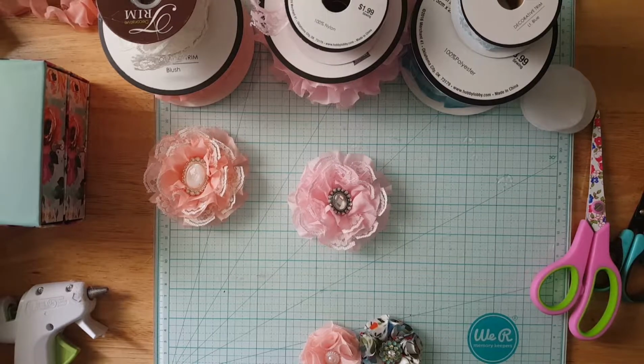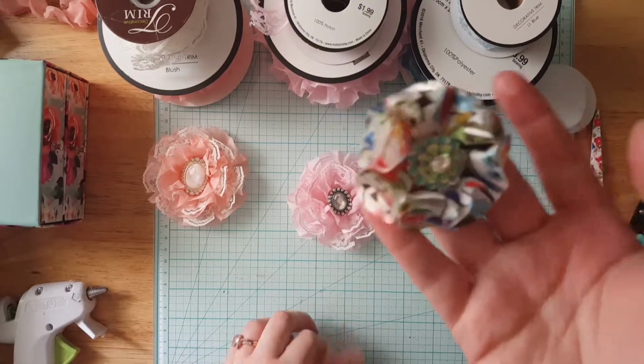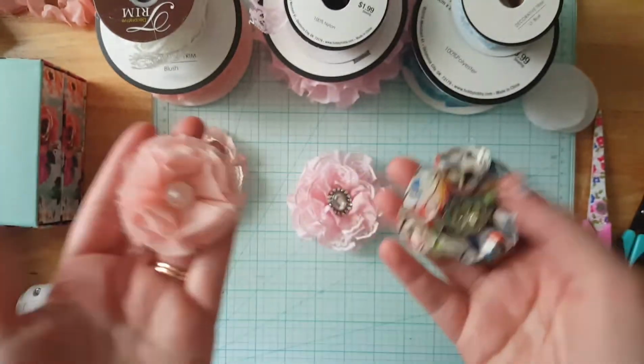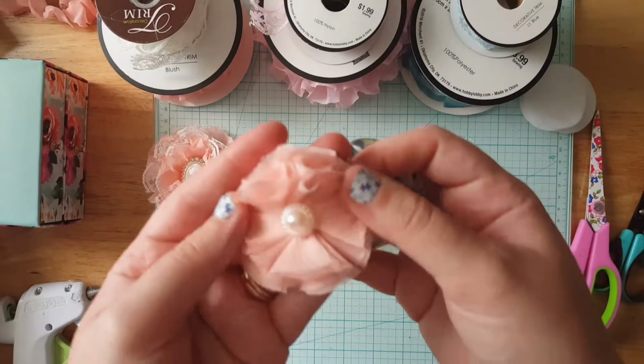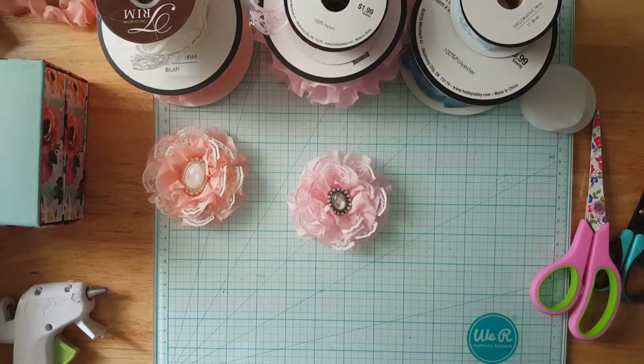So today I'm going to be showing you a little tutorial on how to make chiffon and lace flowers using chiffon and lace decorative trim. Yesterday I did a little tutorial on how to make these fabric flowers using just fabric by the yard. I thought that was a really fun way to make a flower. And so today I'm going to do something a little different, and we're going to make fabric flowers using fabric decorative